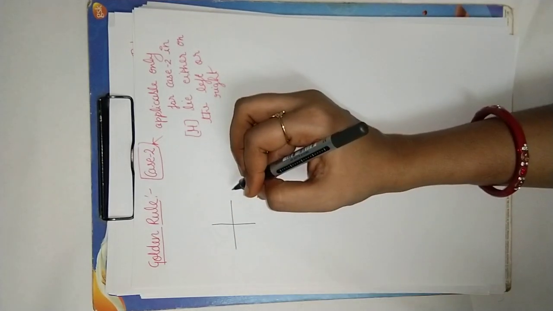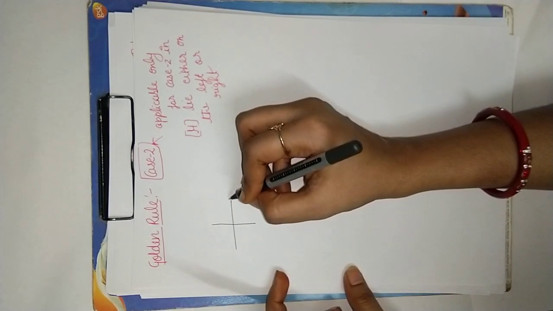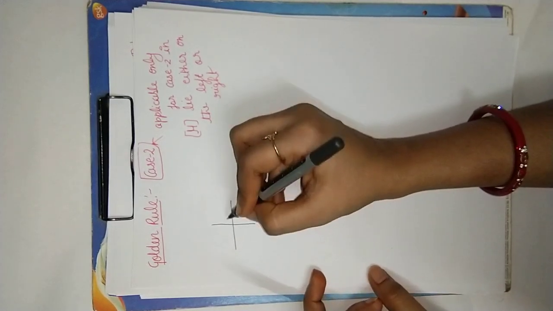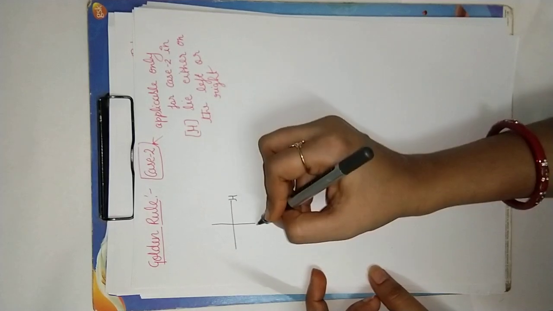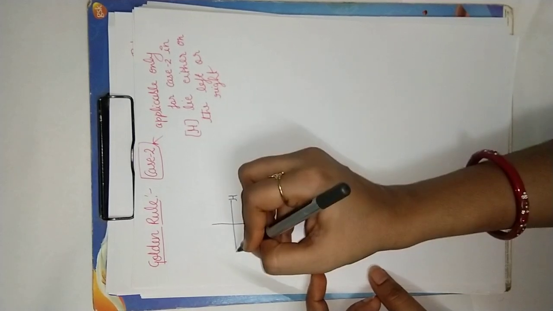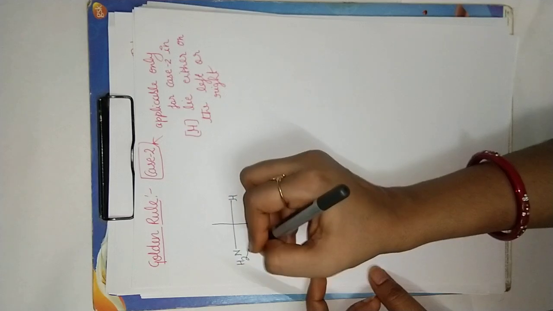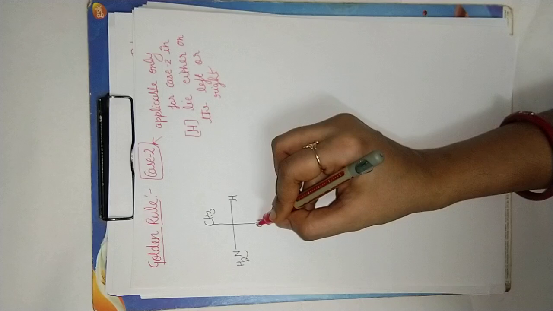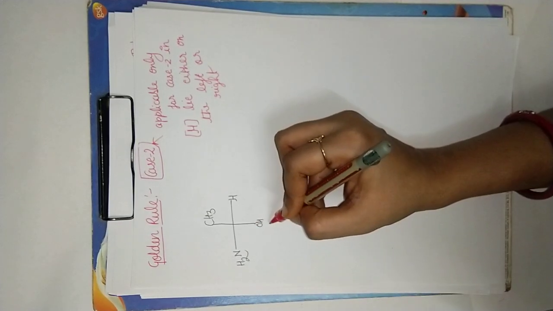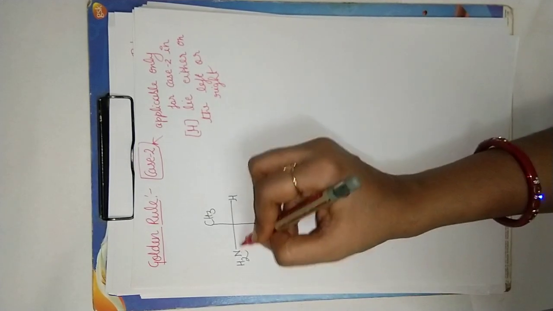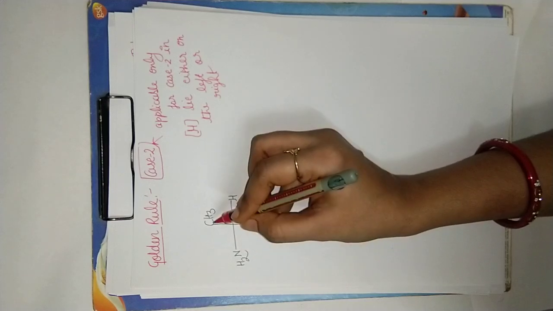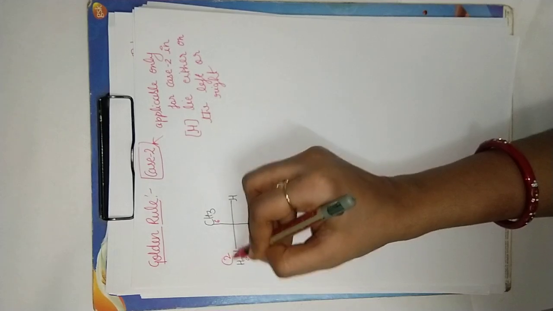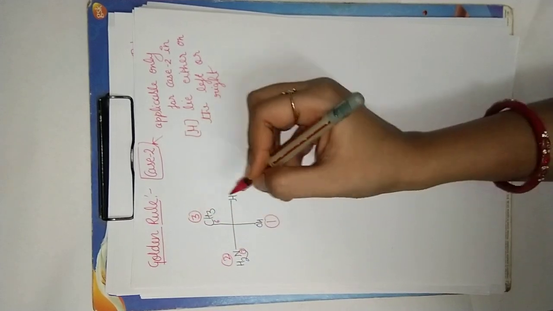Okay, then we are taking one example. I am taking a different example. H, OH, NH2, CH3. Okay, so this is oxygen, having the highest atomic number, it will get number 1. This is nitrogen having atomic number 7 as compared to carbon, which has atomic number 6. Then it will get number 2, and this one will get number 3.